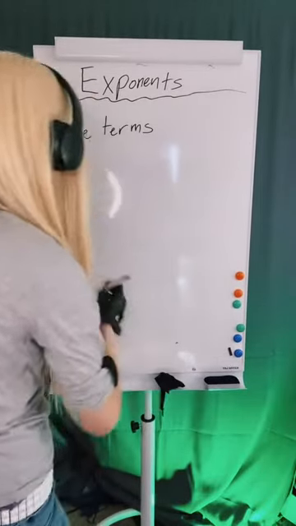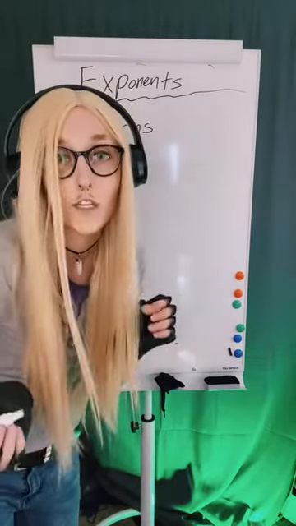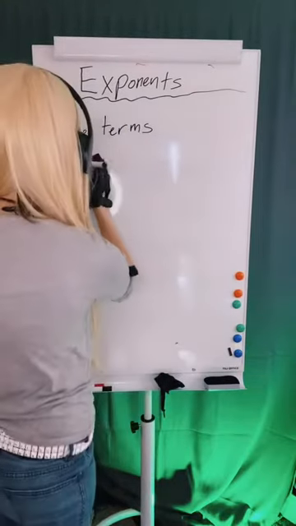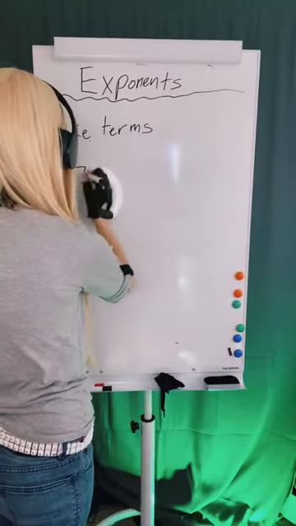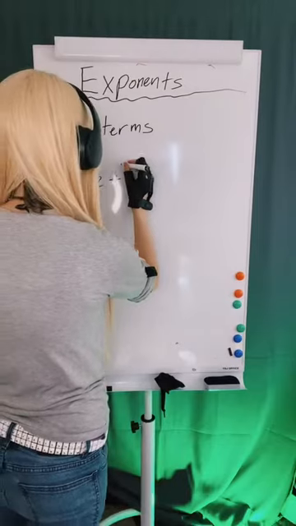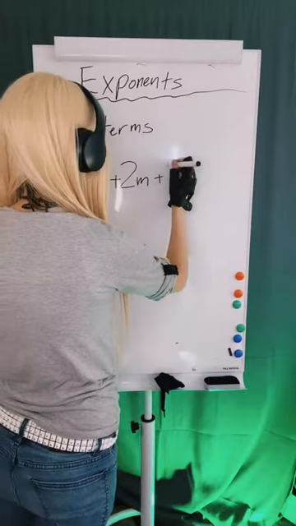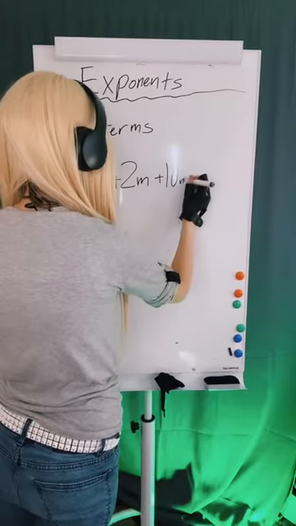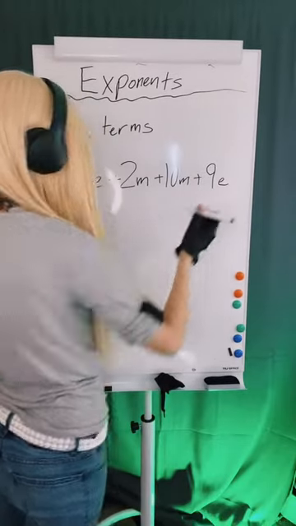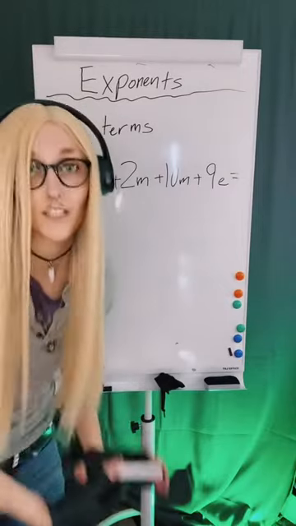Okay, throwing some numbers out there. We'll use E for eraser and M for Mike in this next one. Why? Because I can. Let's go: 7E plus 2M plus 10M plus 9E. I am just pulling numbers out of thin air. Give this guy a try.